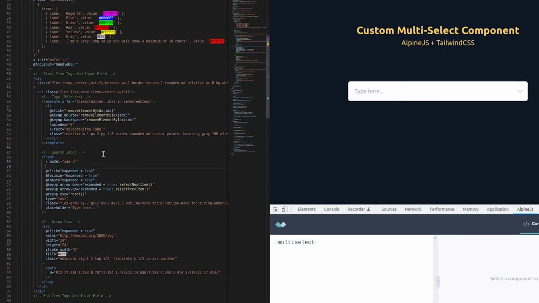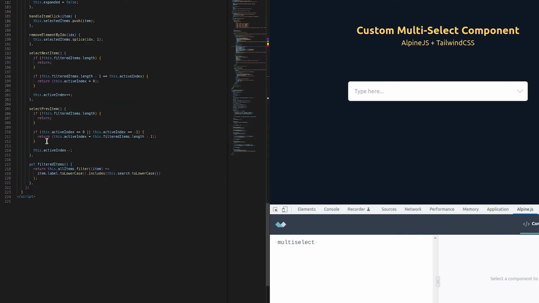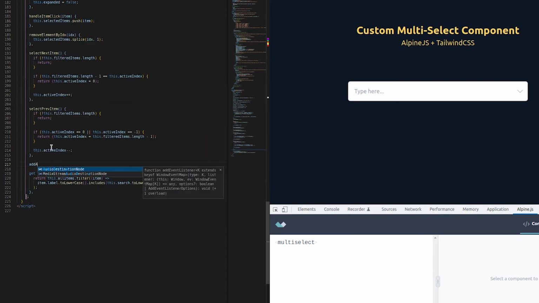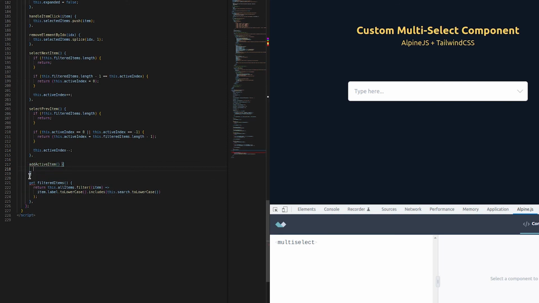We say add keyup.enter, and we will create the method for that, which we will call addActiveItem. I will create it. Let's add it here, addActiveItem, and we say